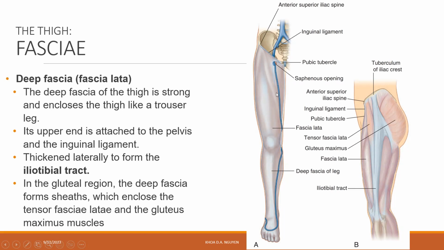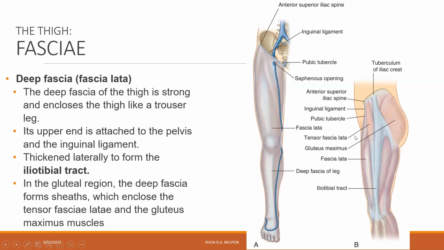Okay, so the deep fascia of the thigh is called the fascia lata, and there will be a muscle that tenses this fascia. So we call that muscle the tensor fascia lata. Okay. Now, this fascia is going to cover all of the thigh, but on the lateral side, which is this